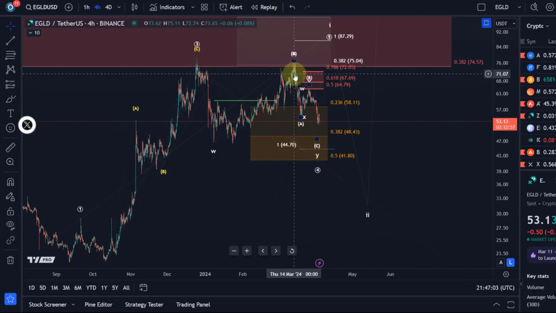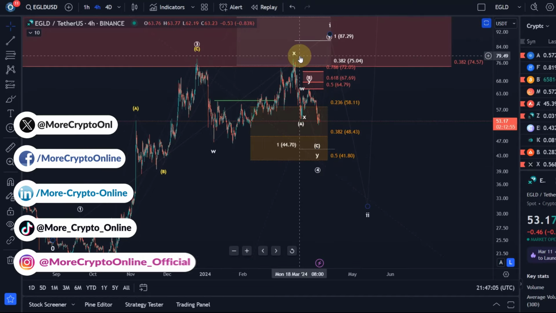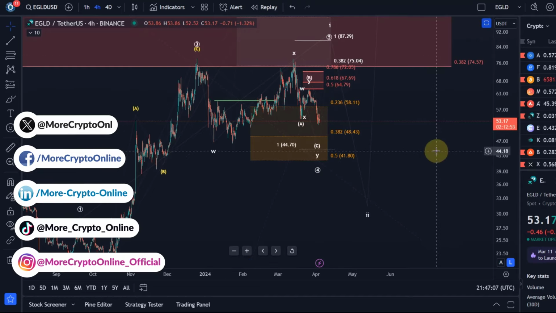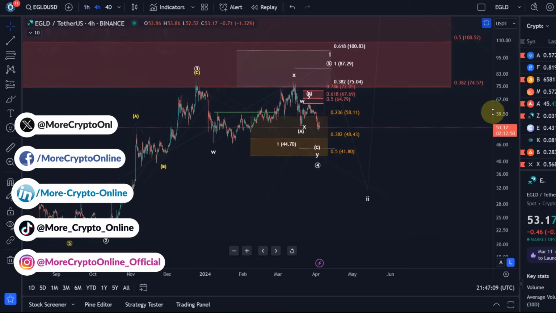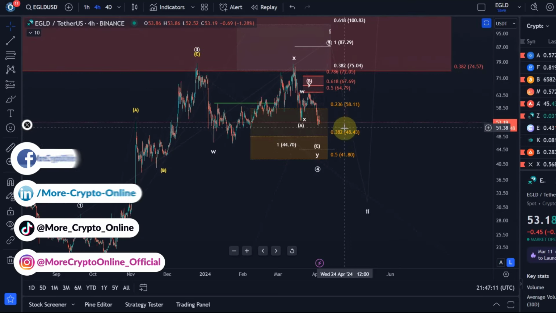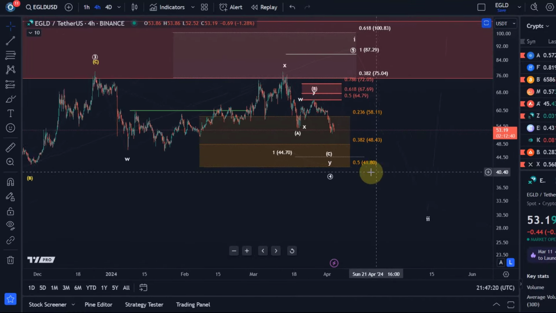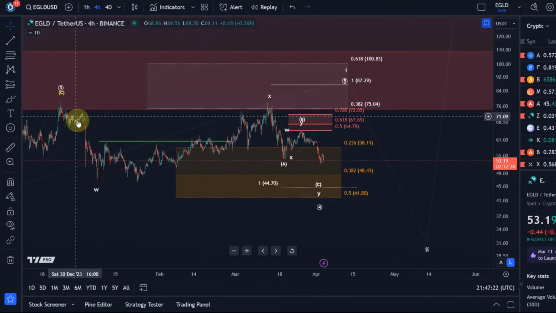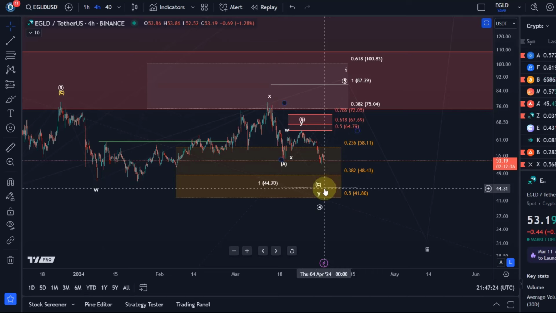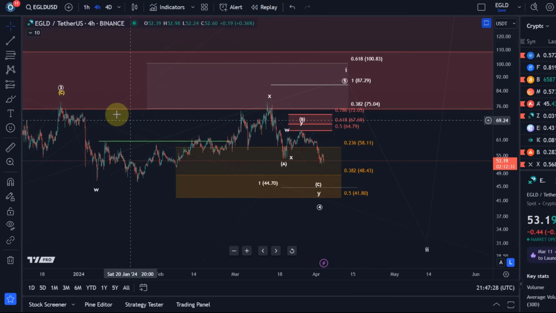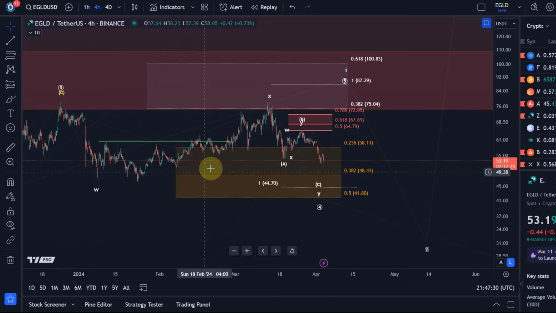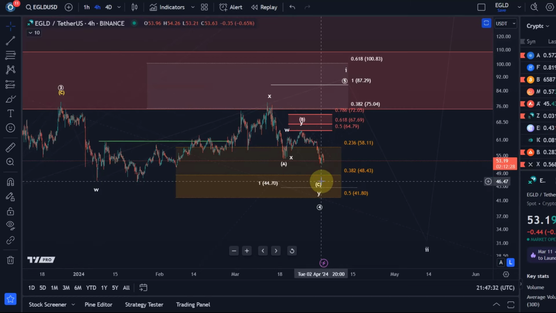The EGLD chart has followed the complex WXY structure that we discussed in the last videos. And it is still a chart that gives me a bullish feel. I shouldn't say that, but more like there's a bullish outlook, okay? And we are dealing with a quite complex WXY structure. These are so-called complex corrections because you think the correction might be over and then it extends, and